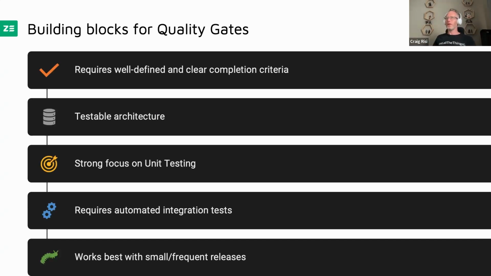But it sounds great. These are the things we want to do. But then what are some of the building blocks that we need for a quality gate? So we've spoken about CI/CD pipelines, but it's not just about implementing them. You also need to have a bit of a culture change to be able to really work with quality gates. And the first thing is you need to have really well defined and clear